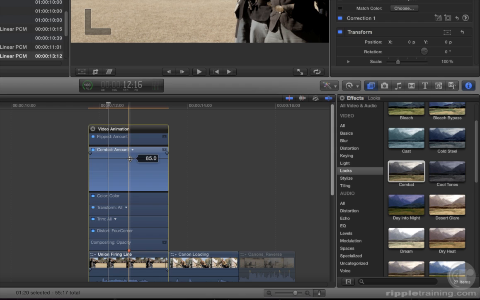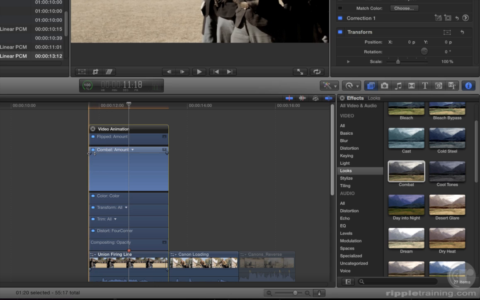You'll also see a resize arrow that lets you change the amount by dragging up or down on the line. Higher values, of course, produce more of the effect, and lower values produce less of it. Drag until the tooltip reads 100. If you wanted to have this effect gradually applied to the clip, or gradually removed from the clip, drag on